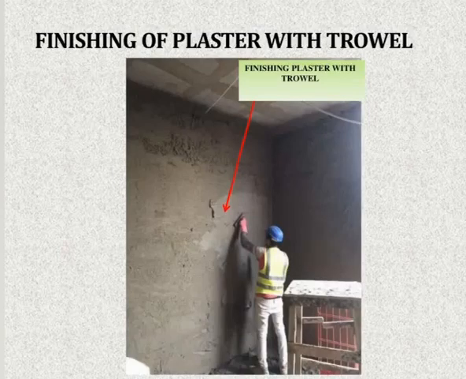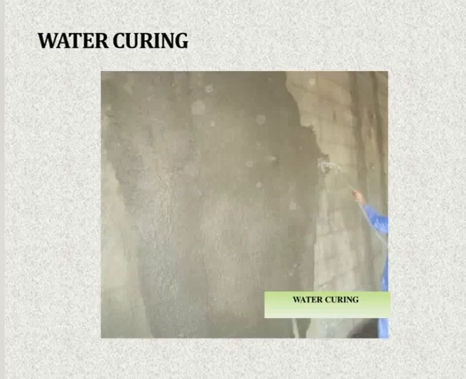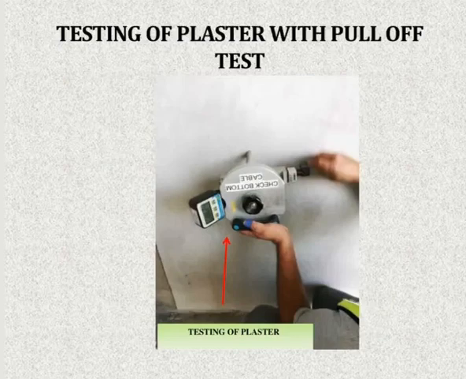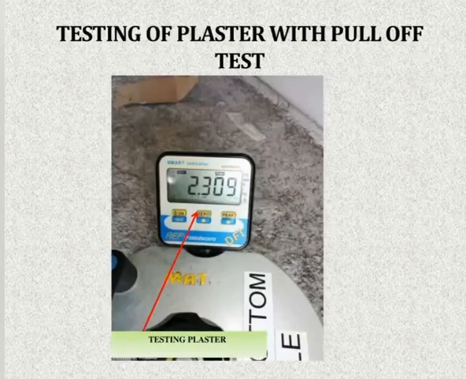Just keep in mind, there should be no undulation in the plaster horizontally or vertically, and it will be checked with the straight edge. Next day we'll start the water curing for the plaster. The water curing will be done for 3 days, morning and evening. After all our block work plaster is finished, the curing is finished. Now we'll check the quality of our plaster, whether this plaster has a good bond with the block work. We'll do the full